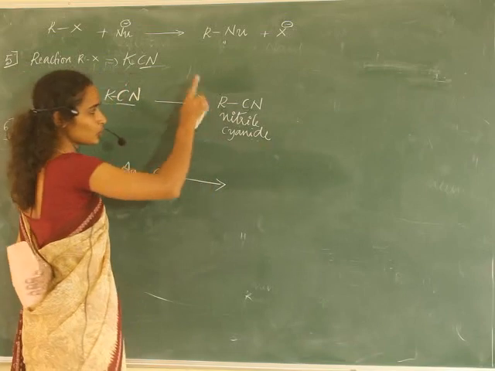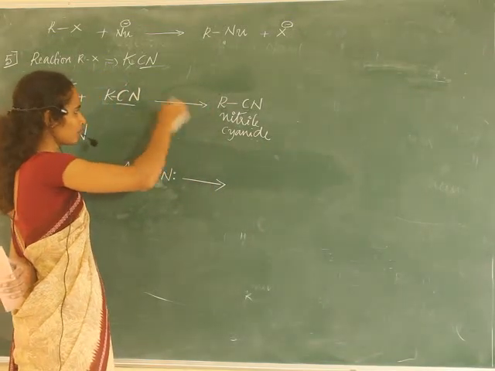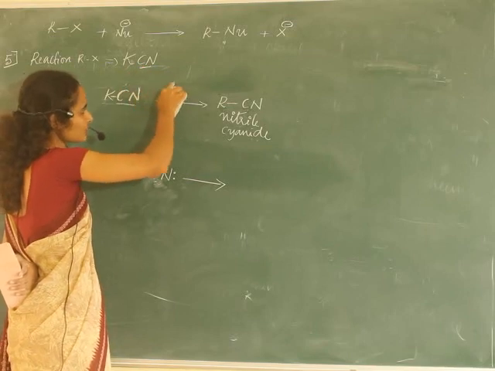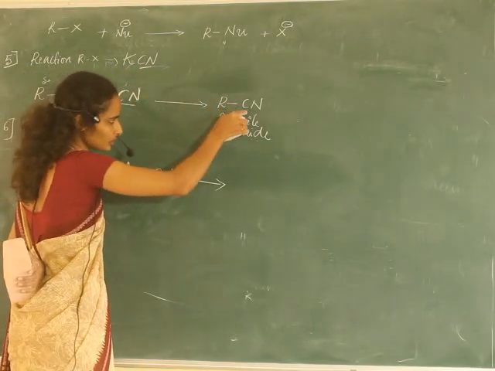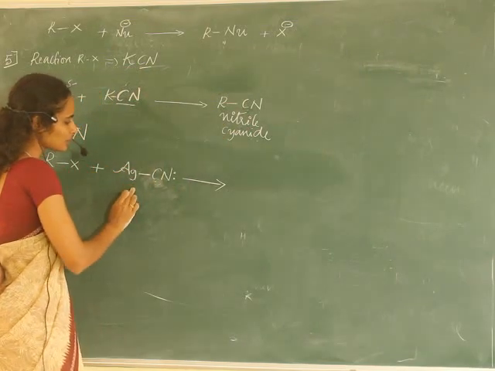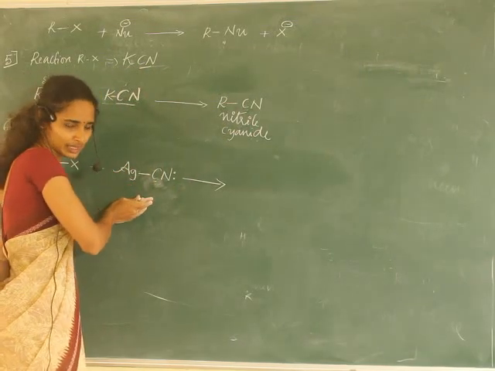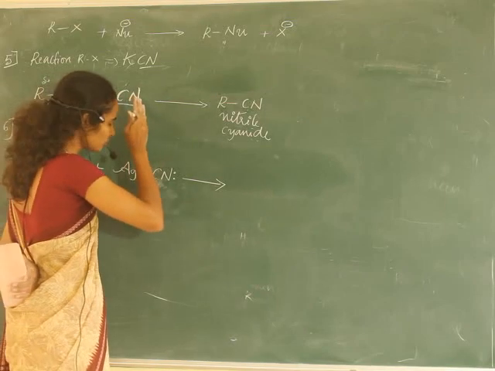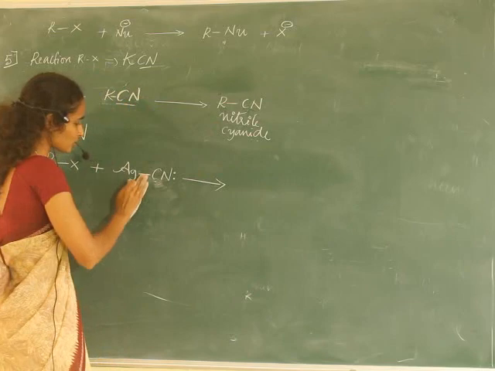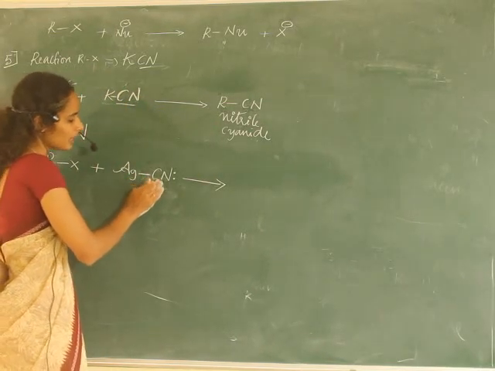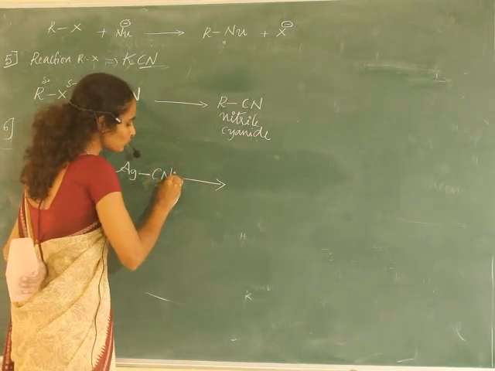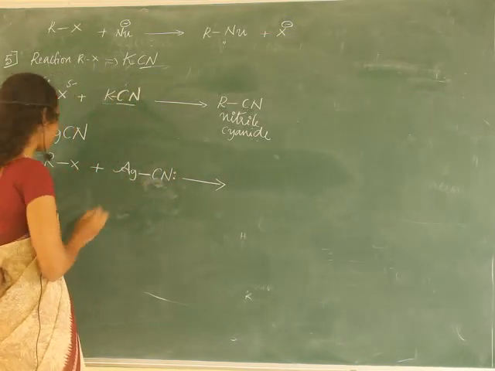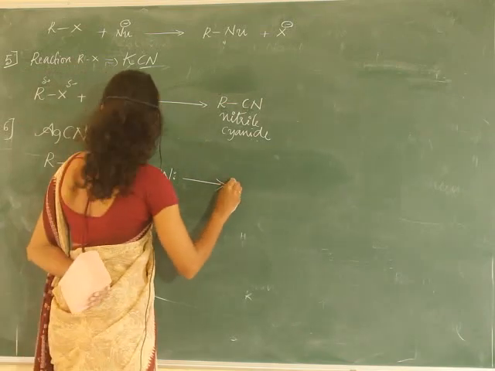Now, how does the formation take place? With KCN there are 2 possibilities, right? It can bond through carbon or nitrogen, K plus CN minus, but because of the C-C bond strength, this bond formation takes place. But here only one possibility is there. Why? Here bond ionization does not take place because of the covalent nature of this bond. Hence the only possibility is that it can bond through this nitrogen because of the presence of a lone pair of electrons. It acts as a nucleophile. Hence the product formed is